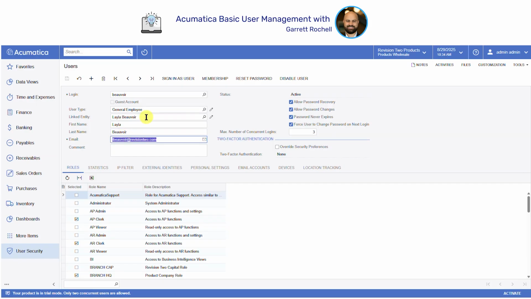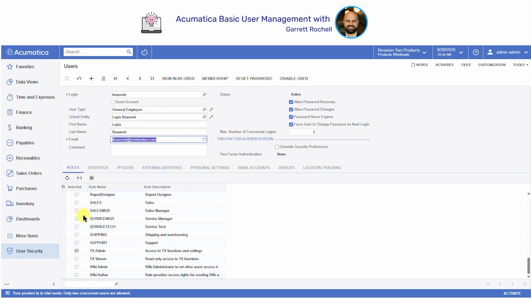You're also going to have the ability to link an existing entity. So if this user is also set up as an employee or set up as a contact in the system, you have the ability to link to them. You also have the ability to set a user type, and a user type is an easy way of assigning user roles. So down here on this roles tab are all of the different roles that are available in the